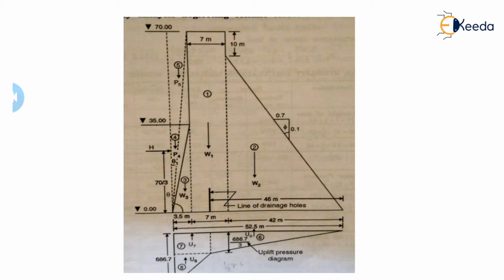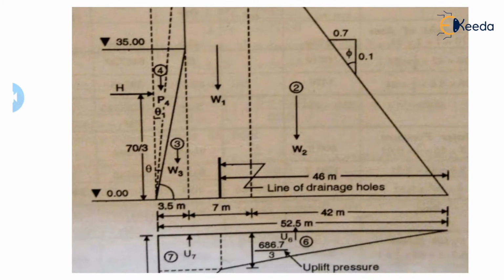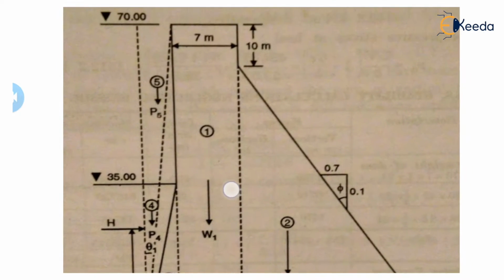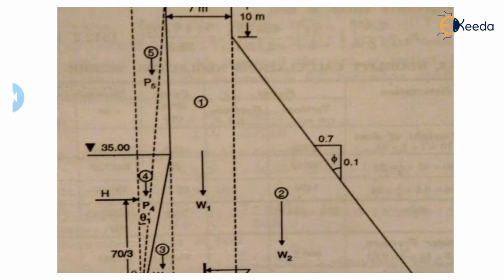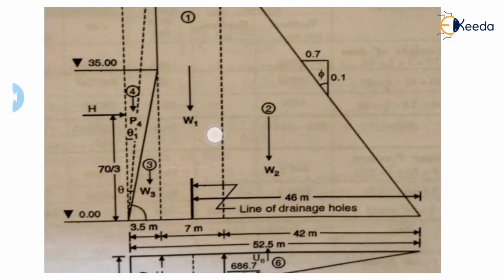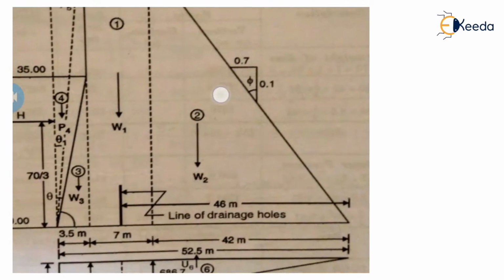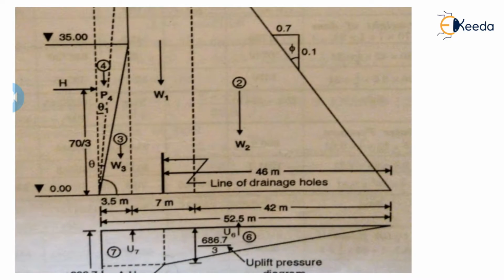So here you can see on the upstream side, where there is the inclined portion, from the 35 meter height of the dam, we are drawing a dotted line which joins the base width of the dam. So this is your first section, or we can say this is your third section. Here you can see the third section, W3. Then again we are drawing a second dotted line which again meets the base width of the dam. So this is your second, and this is your first section, which is a rectangular one. Lastly you will get a triangular section, which is your third or your second